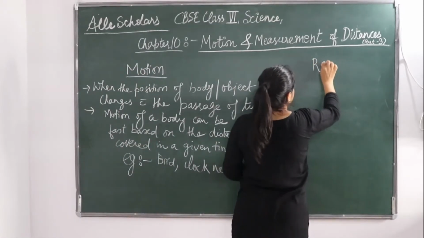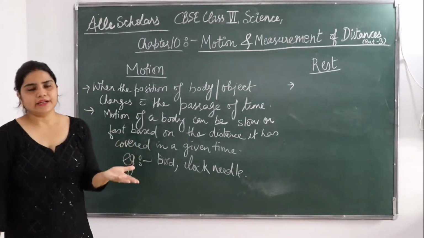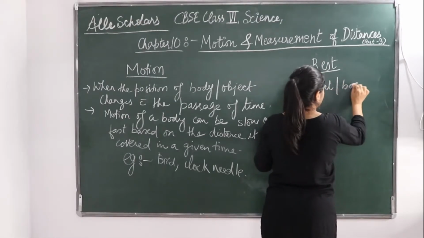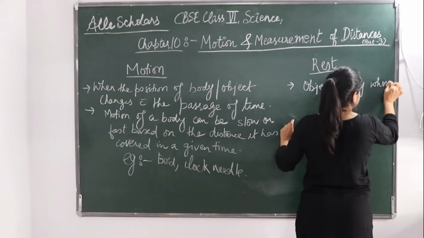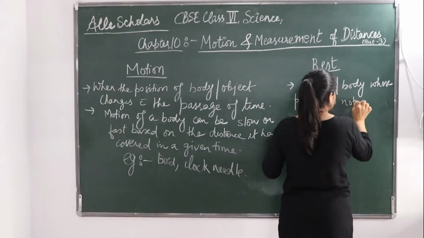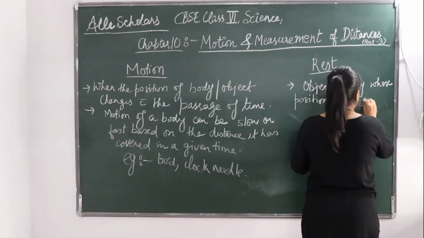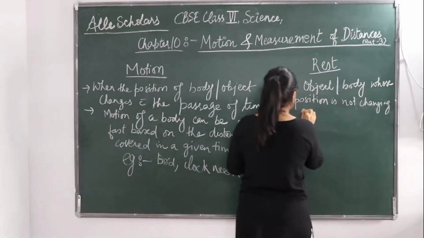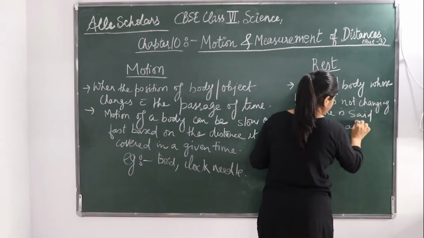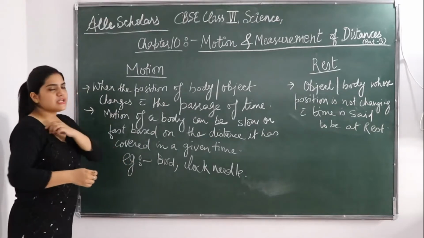Now if we talk about the body at rest, whose position is not changing with time is said to be at rest. उसका टाइम के साथ उसकी बॉडी या उसके ऑब्जेक्ट की पोजीशन में कोई चेंज नहीं है,